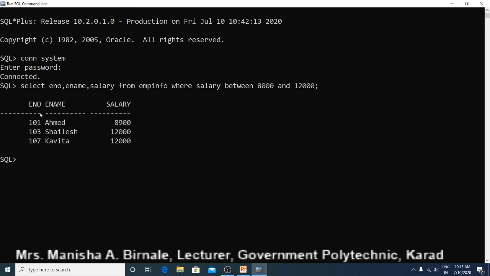So here you can see information of those employees whose salary is in the range 8,000 to 12,000. Here remember you have to write between value 1 and value 2. So here there are two employees whose salary is 12,000. So those employees are also included in the result.